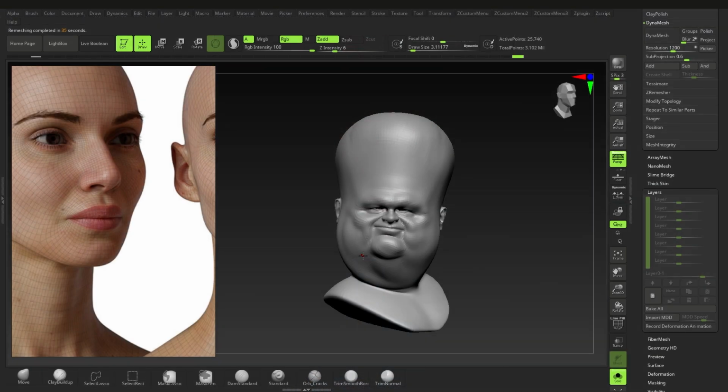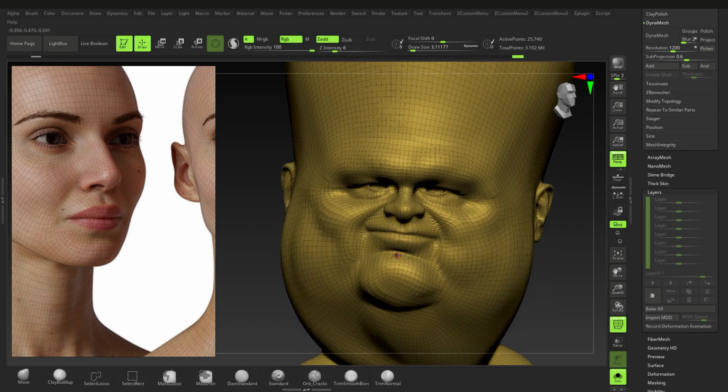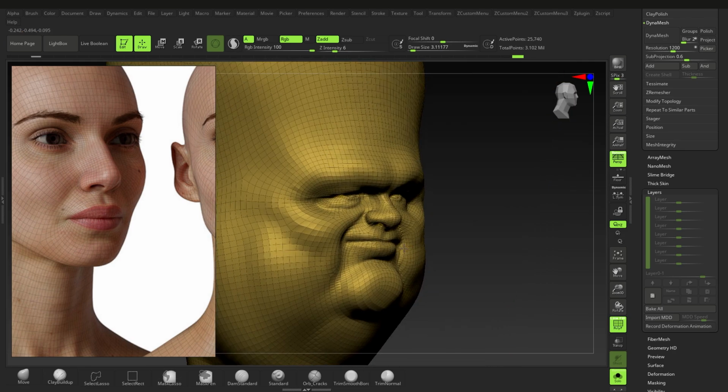And there's the golden rule. There's no need to make the topology perfect. It's a waste of time and effort. Just make it work for what it needs to work for. That is it. So now that we have that out of the way, what are the ways we can retopologize